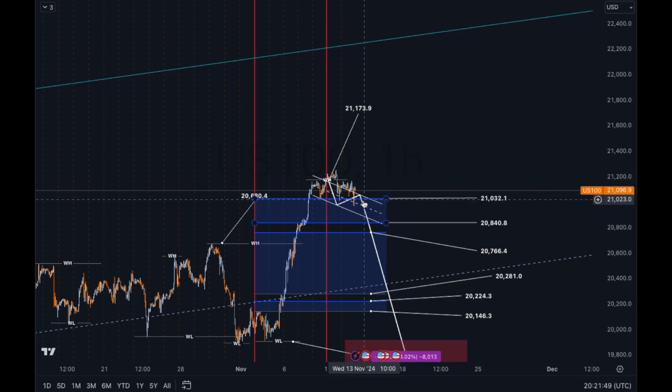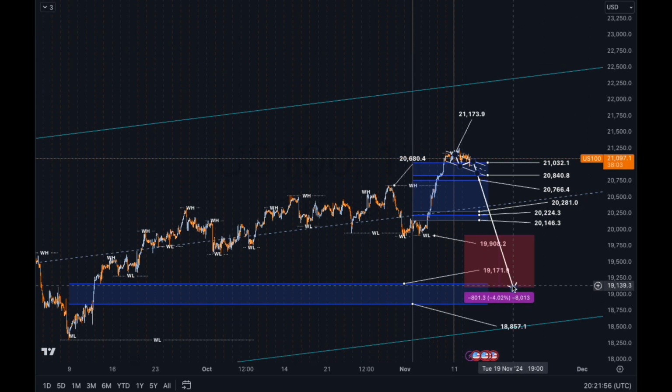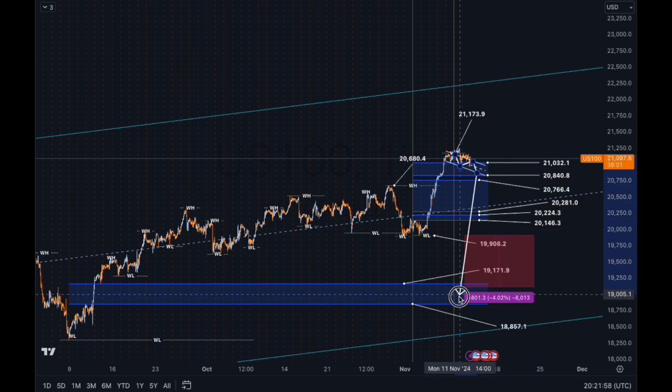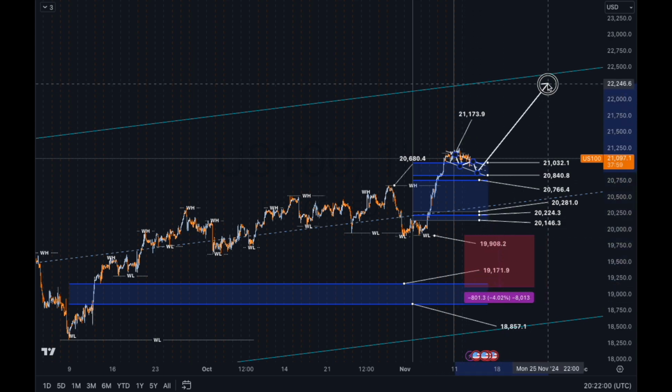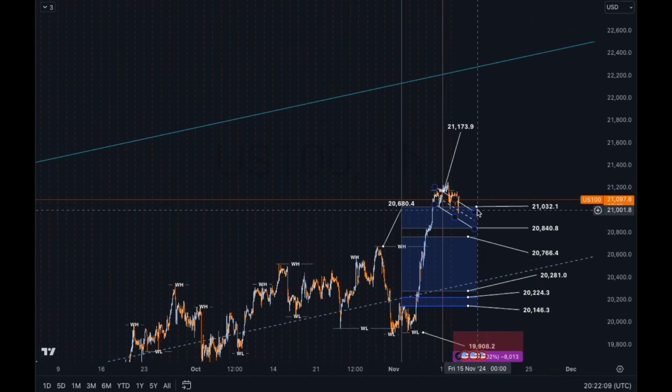And what we're going to do is get rid of these moves, because I believe when I did the video, I talked about it either coming down to this FVG zone over here or possibly shooting upwards. But as it stands, we do have a channel right now. So what I kind of thought was going to happen has started to take place. And we've had a close above the weekly high,